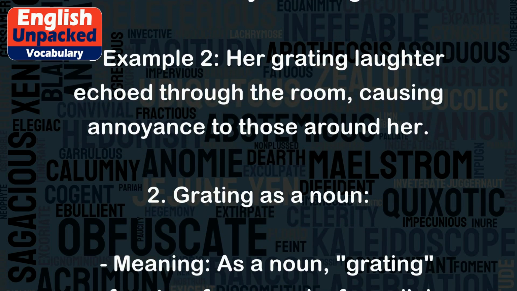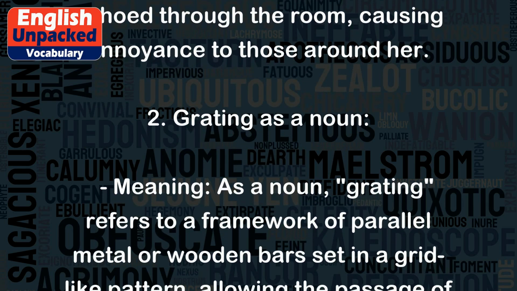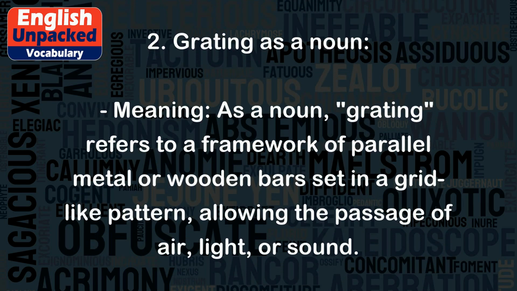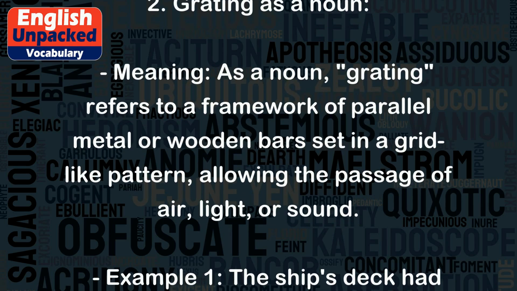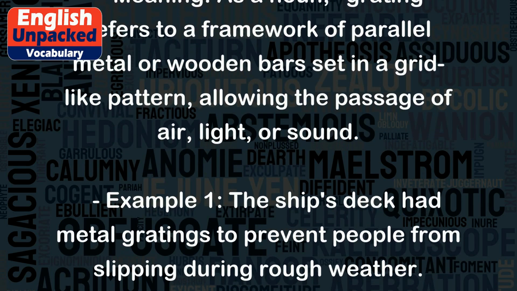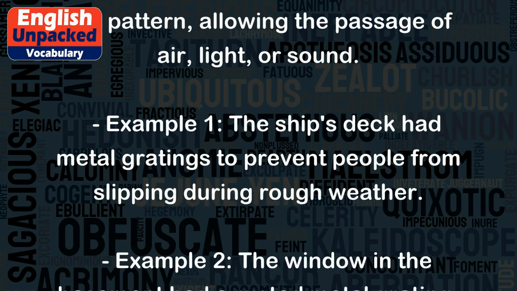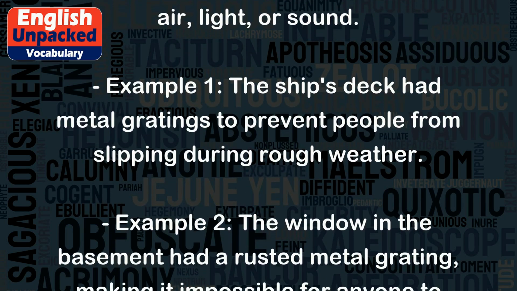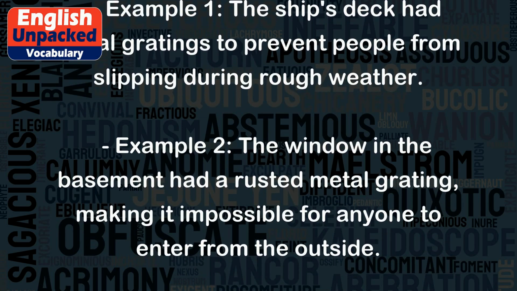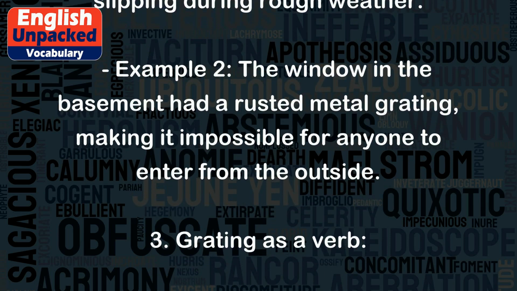2. Grating as a noun. Meaning: as a noun, grating refers to a framework of parallel metal or wooden bars set in a grid-like pattern, allowing the passage of air, light, or sound. Example 1. The ship's deck had metal gratings to prevent people from slipping during rough weather. Example 2. The window in the basement had a rusted metal grating, making it impossible for anyone to enter from